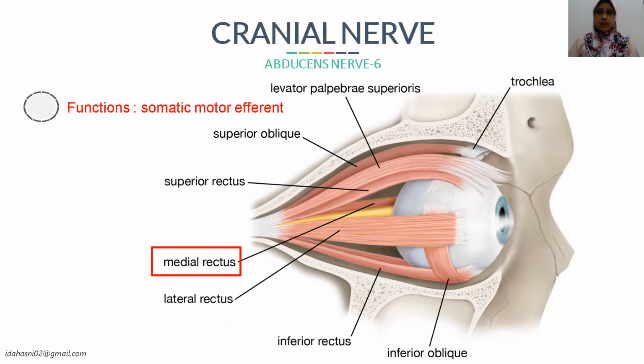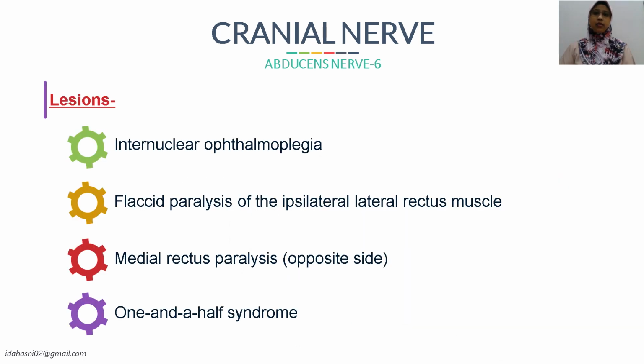The abducens nucleus contains motor neurons and interneurons. It innervates the lateral rectus muscles. This is your medial rectus muscles. Any lesions to the abducens nerve will lead to internuclear ophthalmoplegia, which is an ocular movement disorder, an inability to perform conjugate lateral gaze. Patients may also present